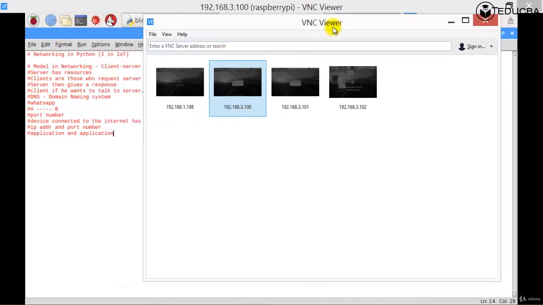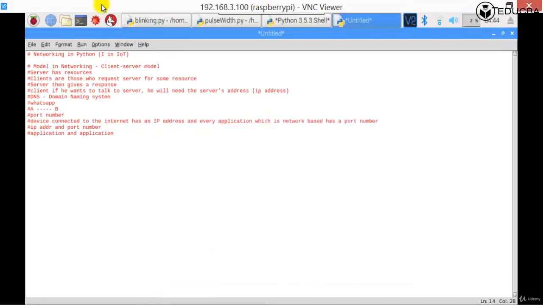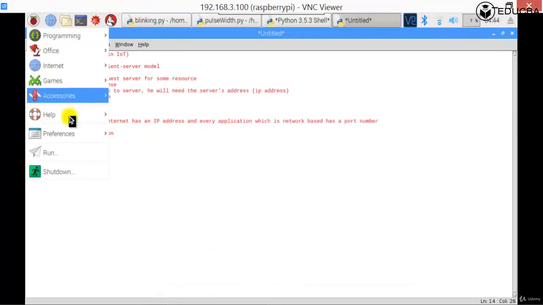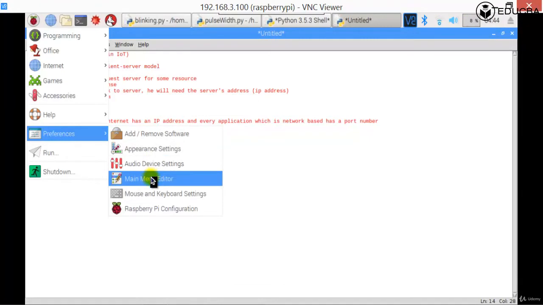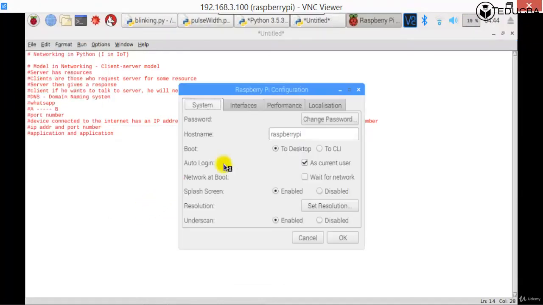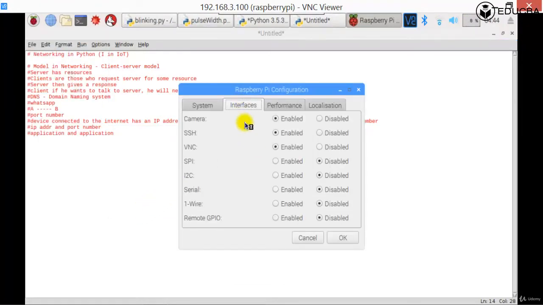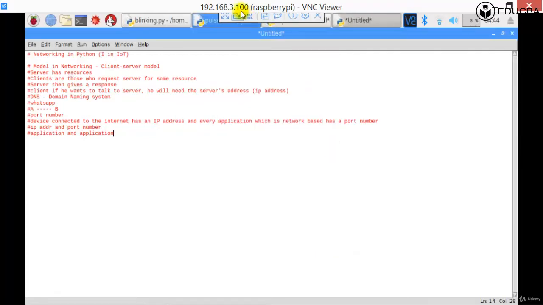So what is VNC basically? If you remember, in the preferences, Raspberry Pi configuration, the minute you are connected in the start, I had told you to enable your VNC. Over here when you enable, can you see it's written there, enable remote access to this Pi using RealVNC. What exactly is happening? VNC is a server. Can you see over here this VNC is active on your Raspberry Pi?